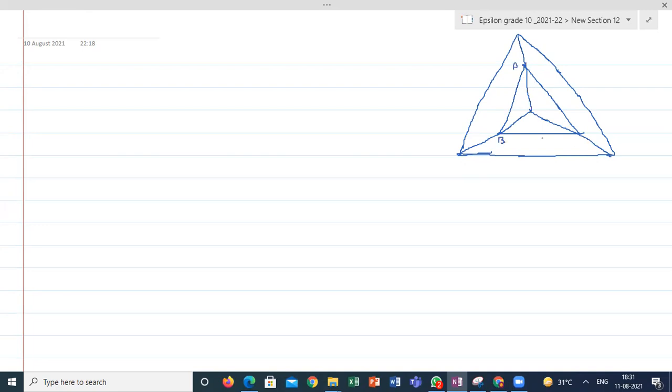A, B, C, this is O. P, Q, R. This is the diagram. ABC is lying inside the triangle PQR, and from O, they are connecting all the respective coordinates. A to P, OAP connected, OBQ connected, OCR connected. In the adjoining figure,